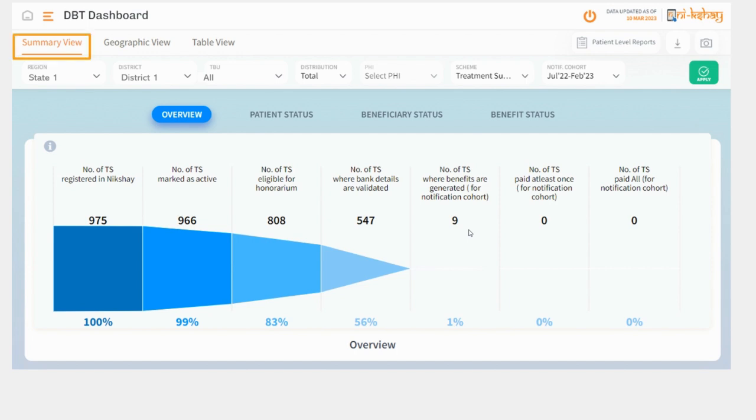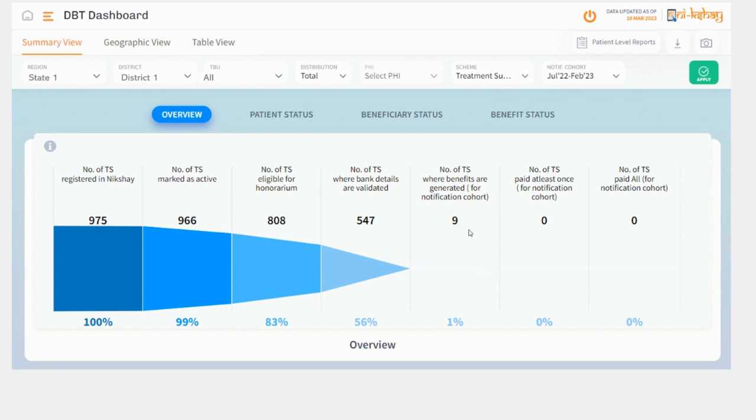In this dashboard, in the summary view, 4 funnel charts are provided: overview, patient status, beneficiary status, and the benefit status. Note that, in this scheme the treatment supporters are the beneficiaries.